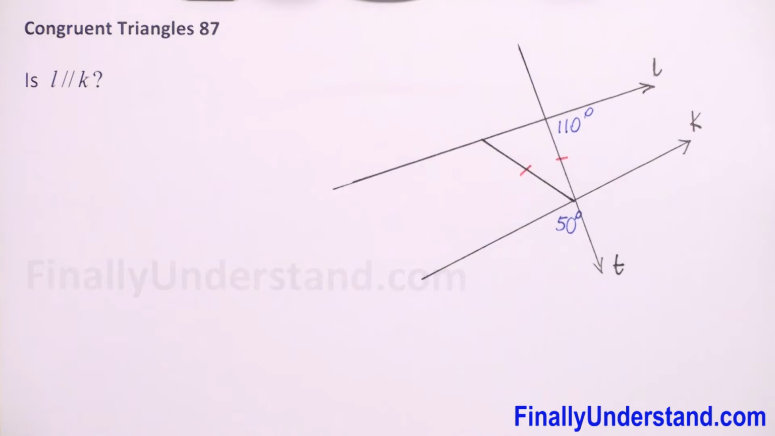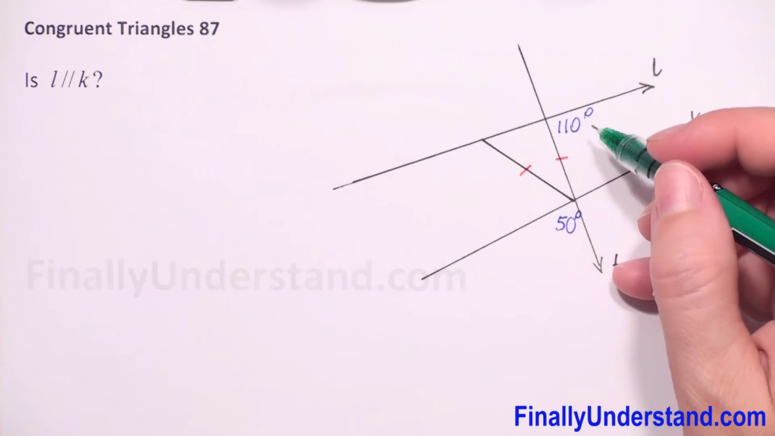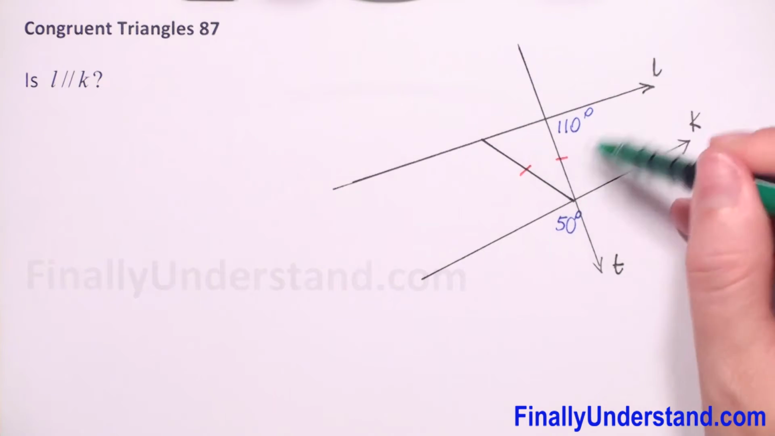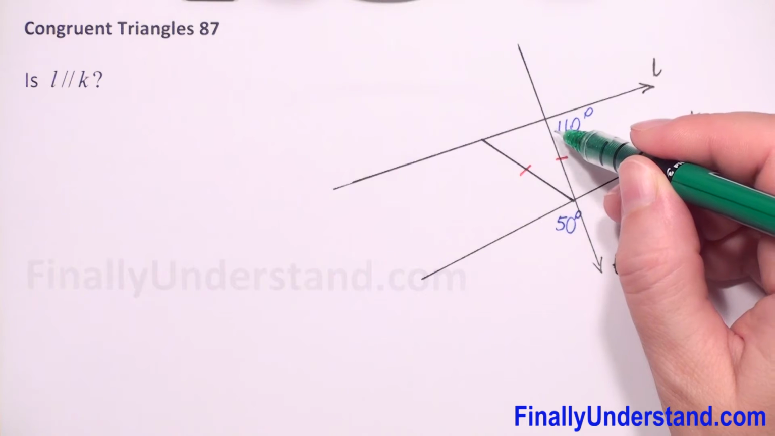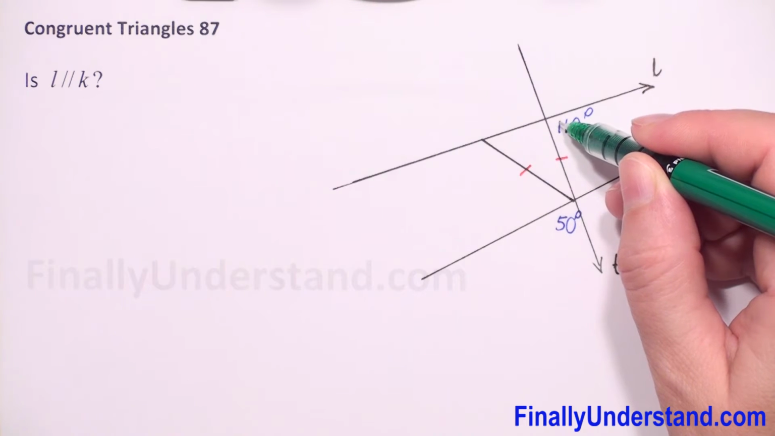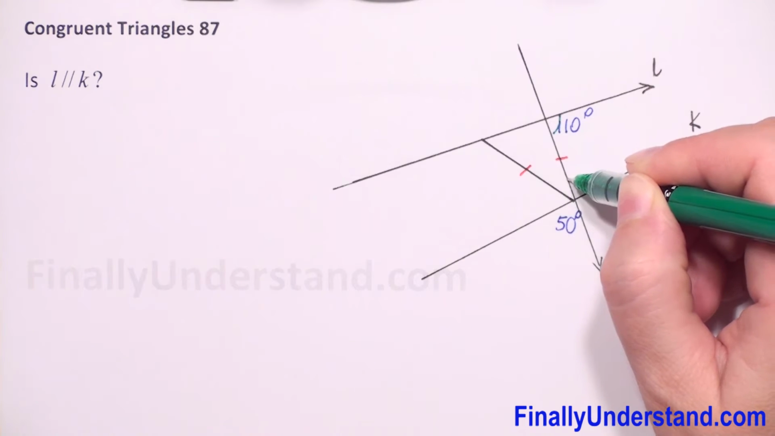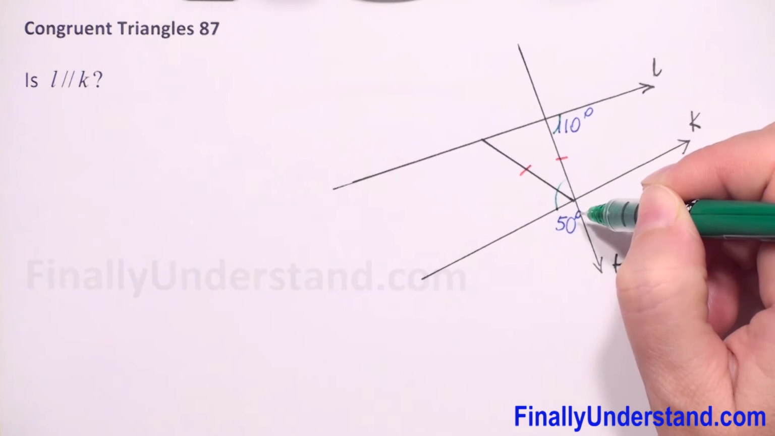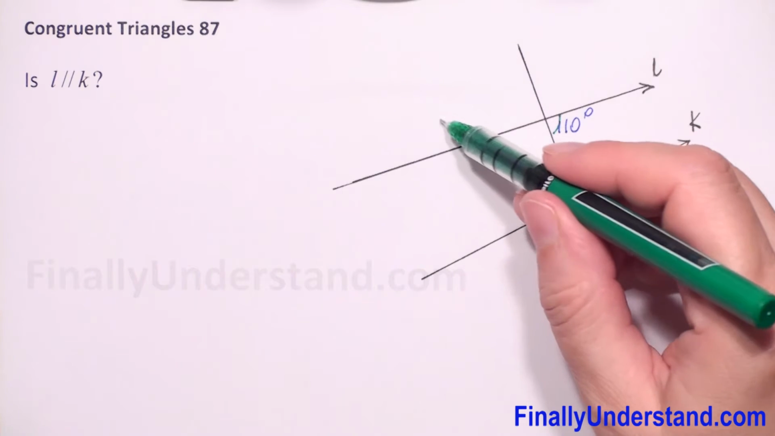Alternate interior angles for this transversal are angles between these two lines and on opposite sides of our transversal. So this angle and that angle should be congruent. Or if we extend this line,